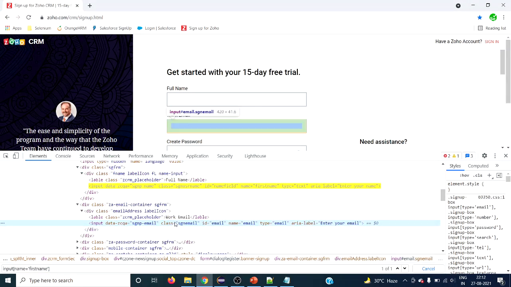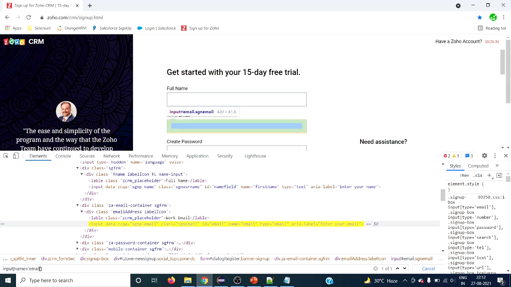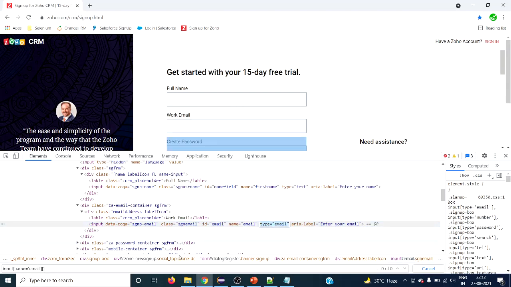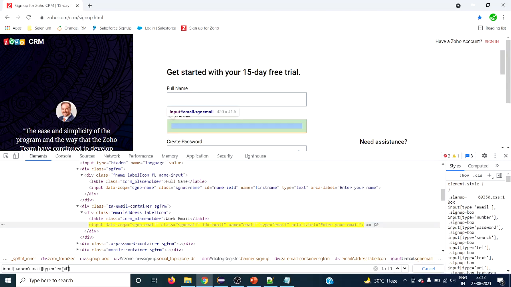Here I want to use the name attribute and the type both, so we are using multiple attributes. The name should be email. Let's remove this email, and for the and condition we use one more square bracket, type equals email. This is how we use multiple conditions.